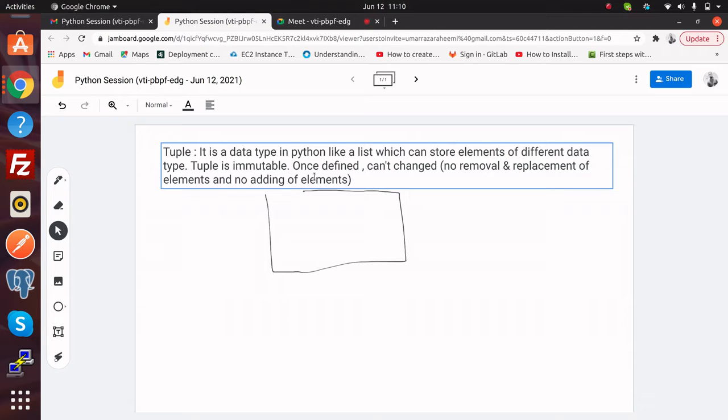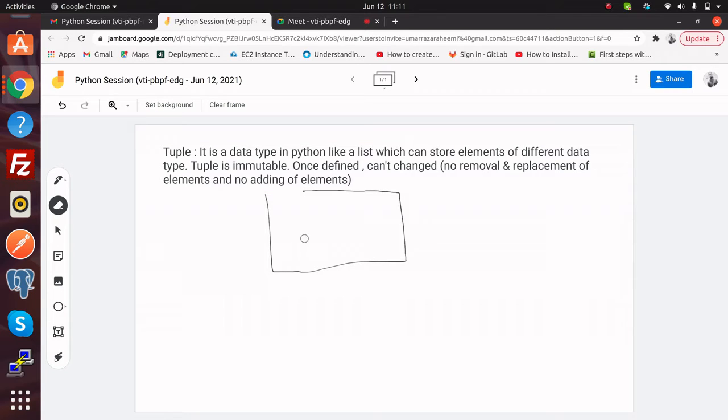So अभी तक हमने जो ट्यूपल को डिफाइन किया वो कैसे किया. It is a data type in Python like a list, and you can say a container like a list which can store and contain elements, which can store elements of different data types, but the difference is list is mutable, tuple is immutable. It means once the tuple is defined, it can't be changed. We can't remove elements, we can't replace elements, or we can't add any element to tuple. Okay, got it? Now let me show you how